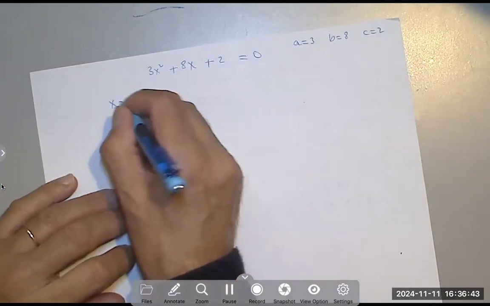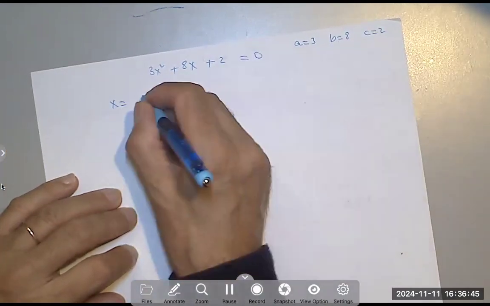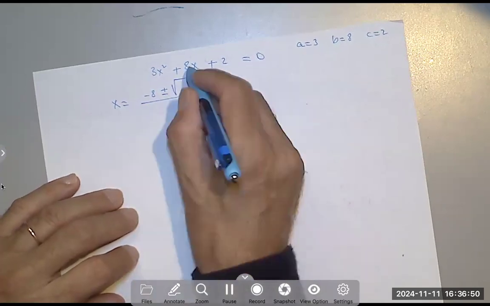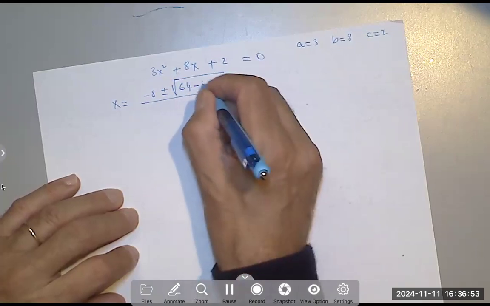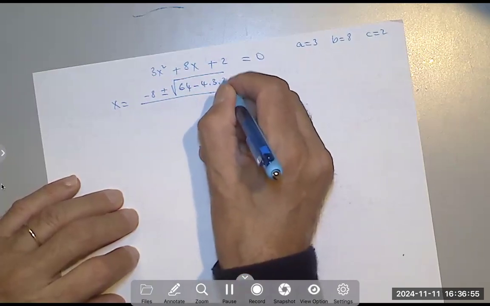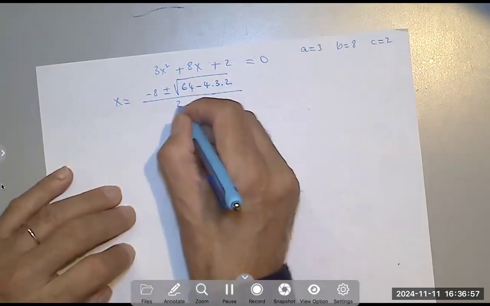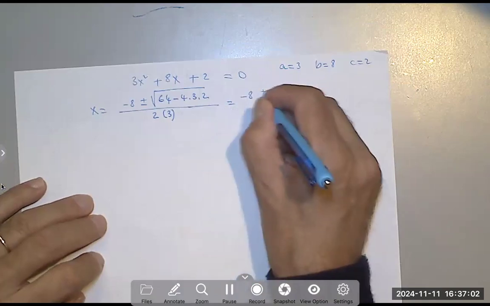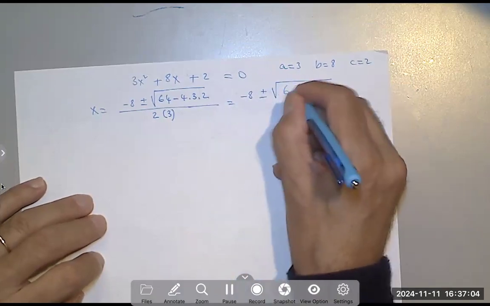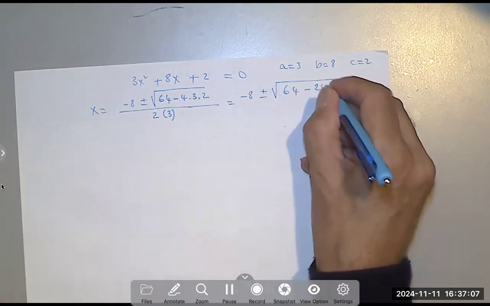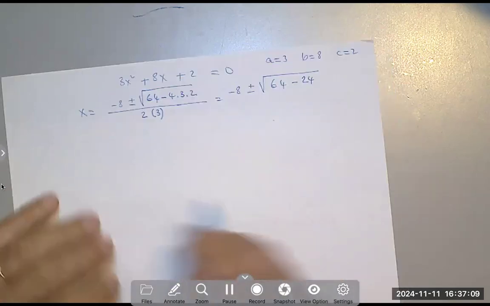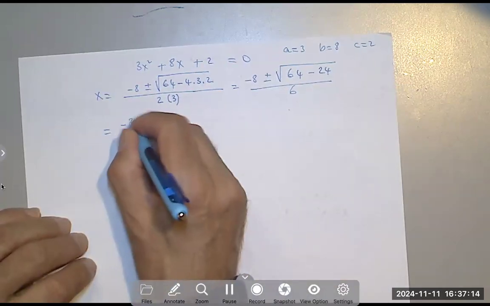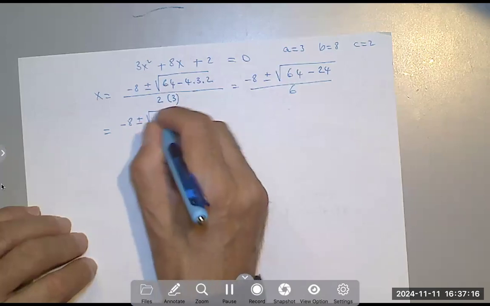So I say x equals negative b, negative 8, plus or minus the square root of b squared, 64, minus 4 times 3 times 2, over twice a, equals negative 8 plus or minus the square root of 64 minus 24, right? 4 times 3 is 12 times 2, over 6, equals negative 8 plus or minus the square root of 40